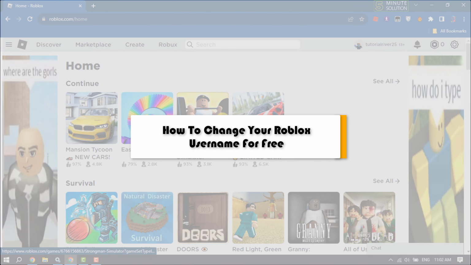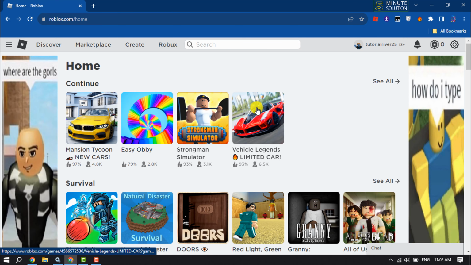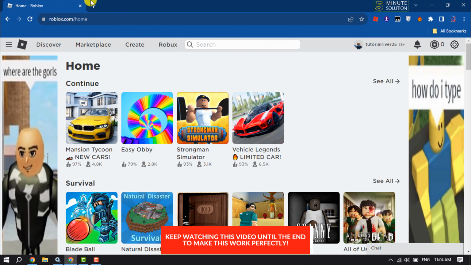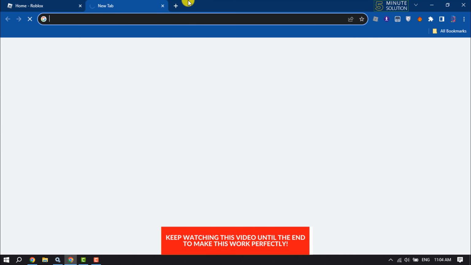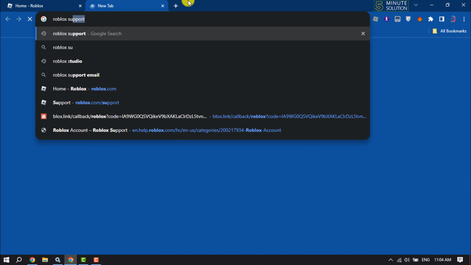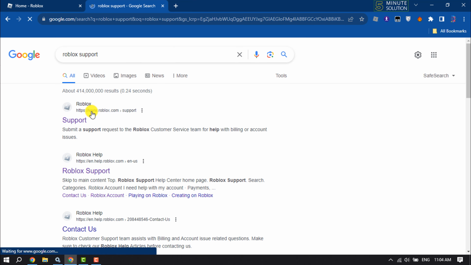This 5-minute solution will show you how to change your Roblox username without paying 1000 Robux. First of all, open your browser and type Roblox support. Open the first link